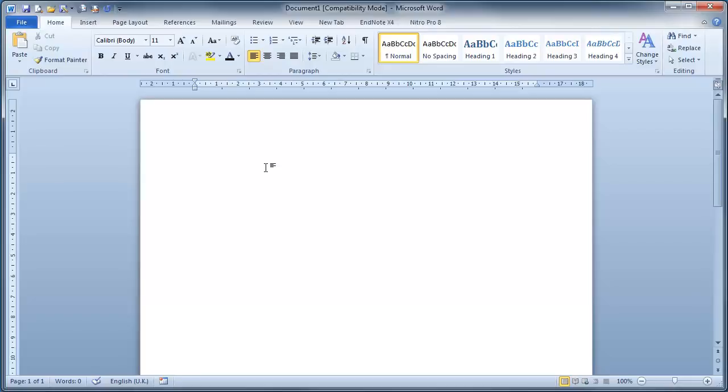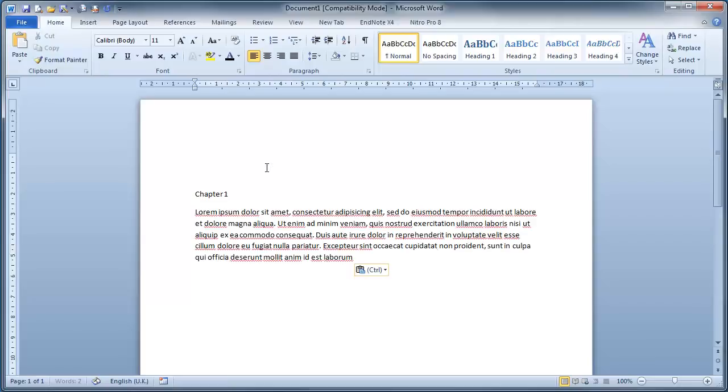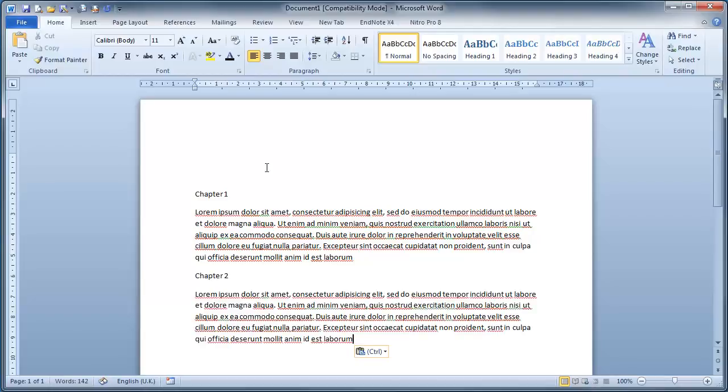So I'm just going to start by writing my first heading, and this will be chapter 1. So we're starting our little book. I've prepared in my paste buffer the standard lorem ipsum text. So there we are, there's our standard lorem ipsum text, full of spelling mistakes, you can see, because it's all in Latin. And after that I'm going to put in chapter 2, followed by the same text, and then within chapter 2 I'm going to do